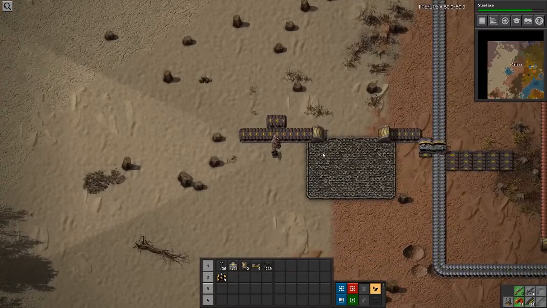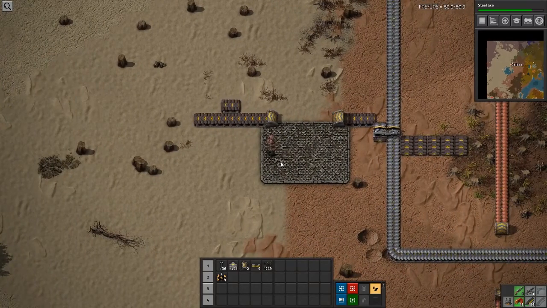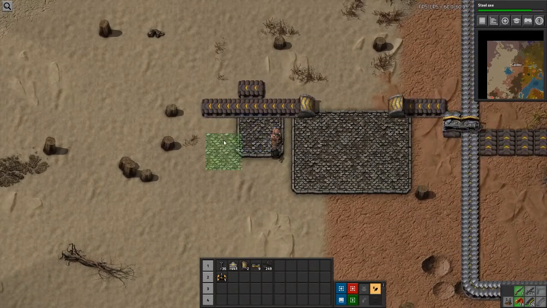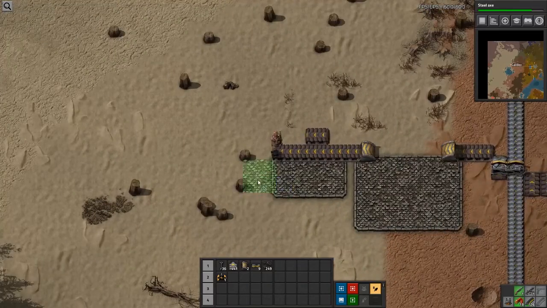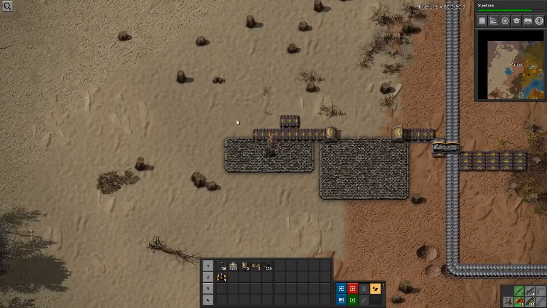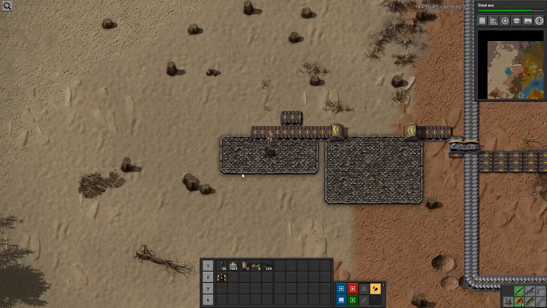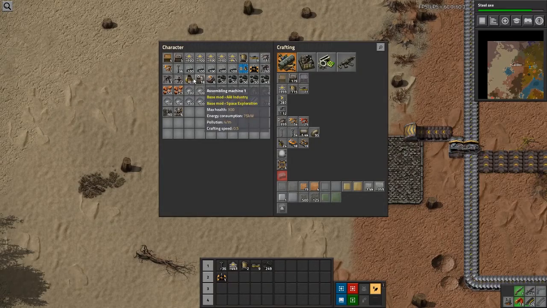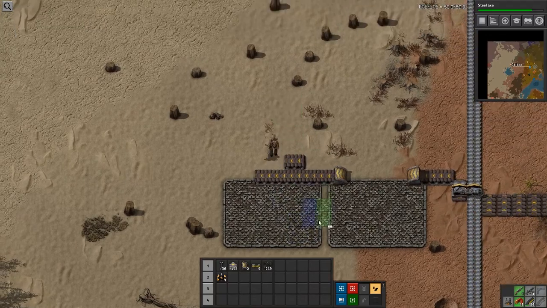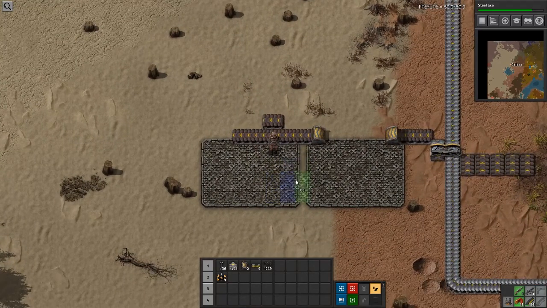So I'm going to have a 6-lane or 6-tile wide little walkway here. Then what I'm going to do is I'll have another 6-tile wide buffer for nothing. It's sort of a no man's land. That's in case I need to throw down extra assemblers and stuff just to fill out a thing. So let's make that. And there's going to be one little tile,